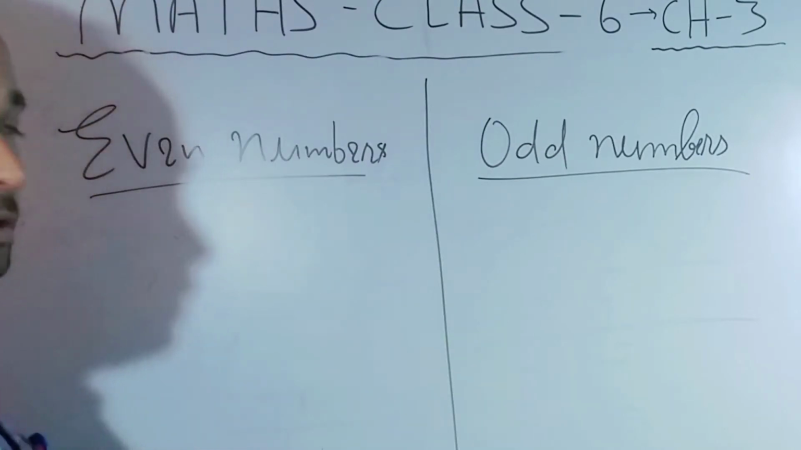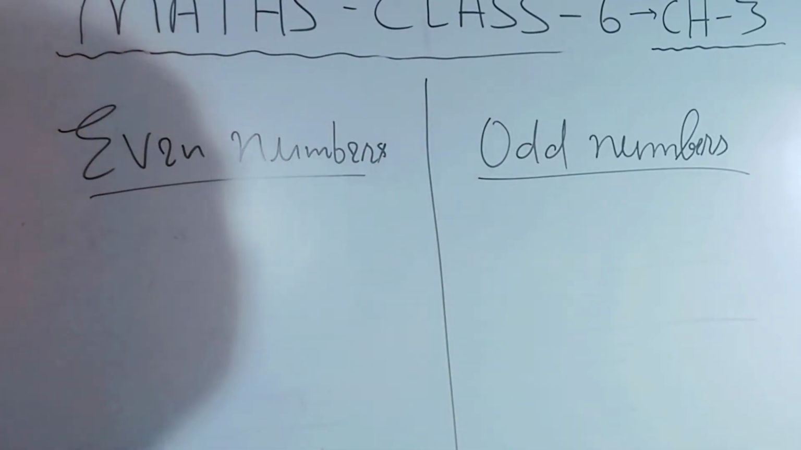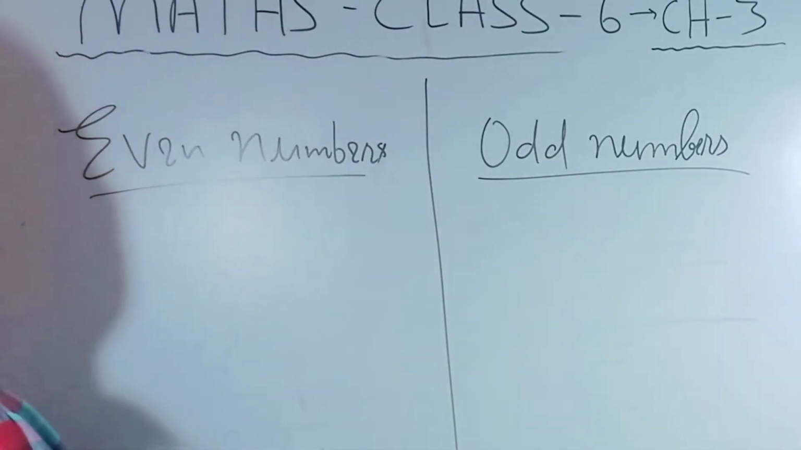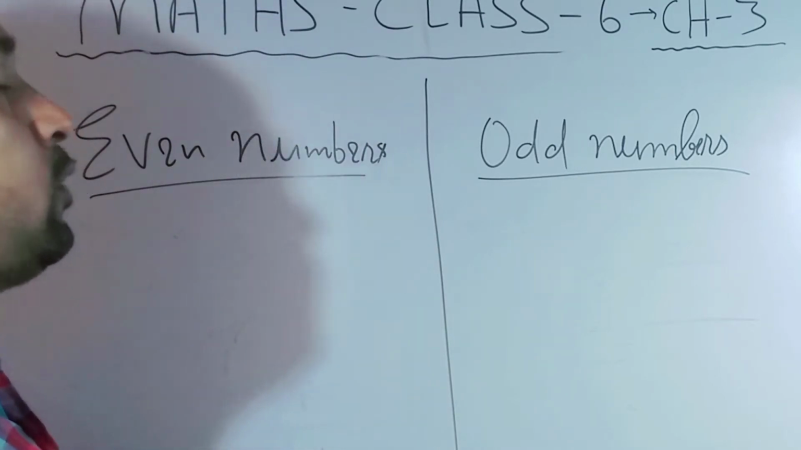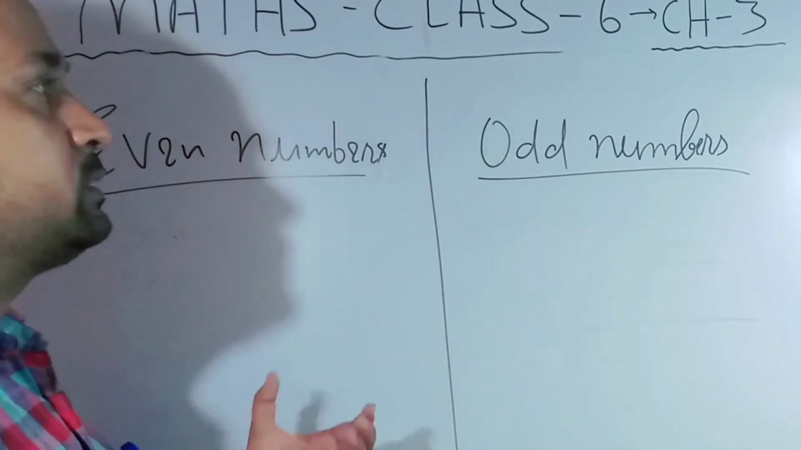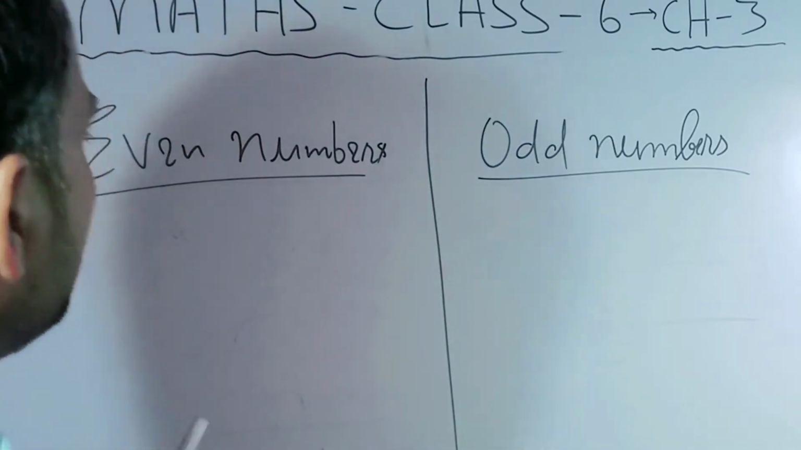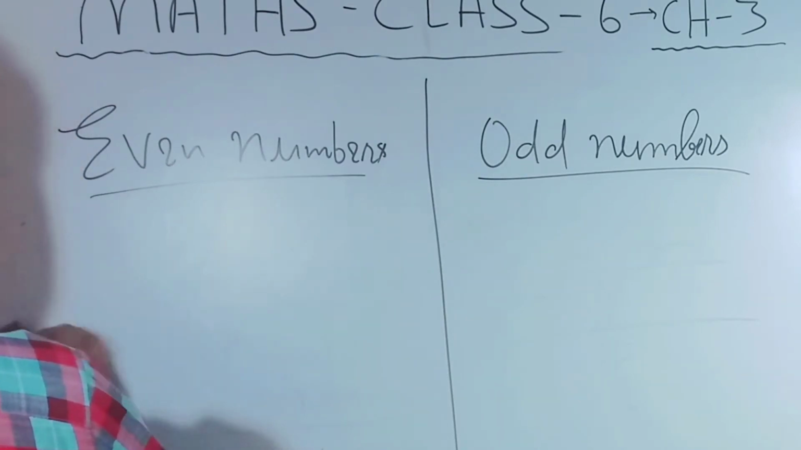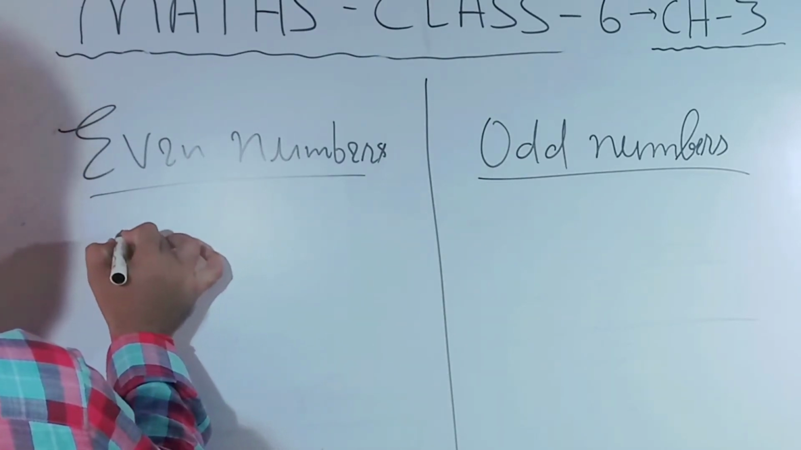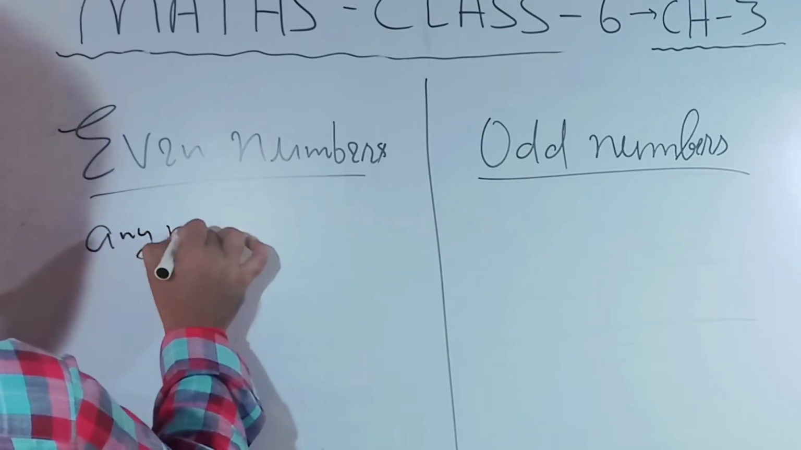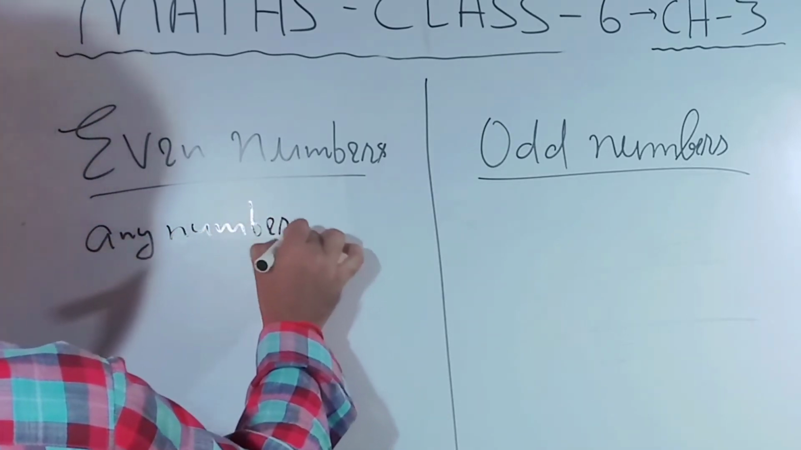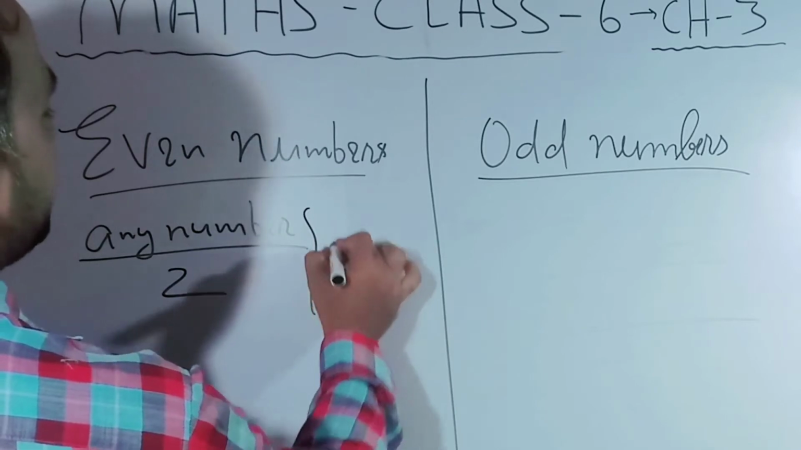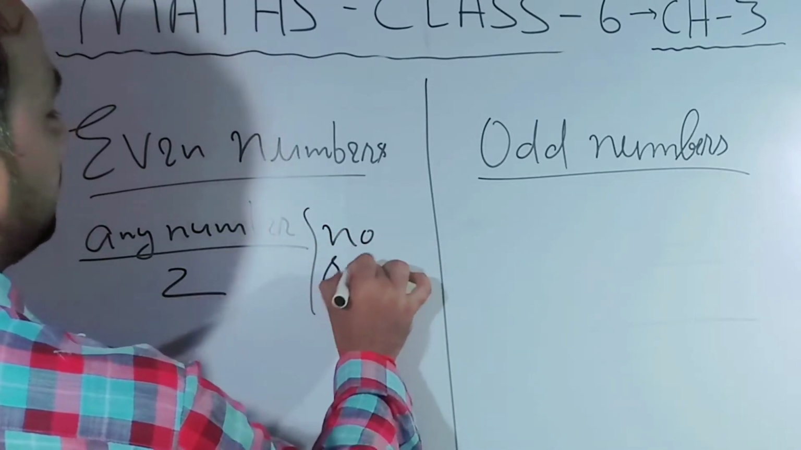The topic is even numbers and odd numbers. Normally we know, but how can we identify quickly which number is odd and which number is even? First of all, I will tell you the basic thing. If any number is divided by 2 completely, it means no remainder,